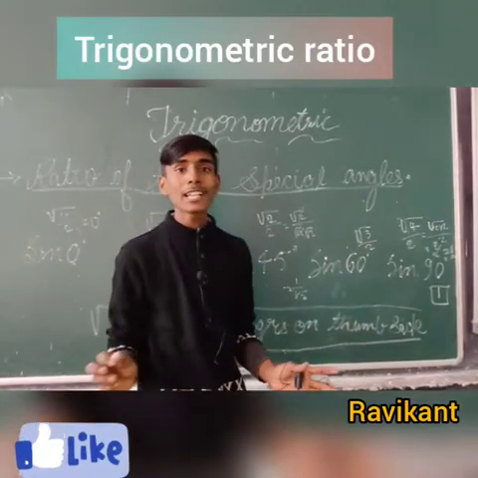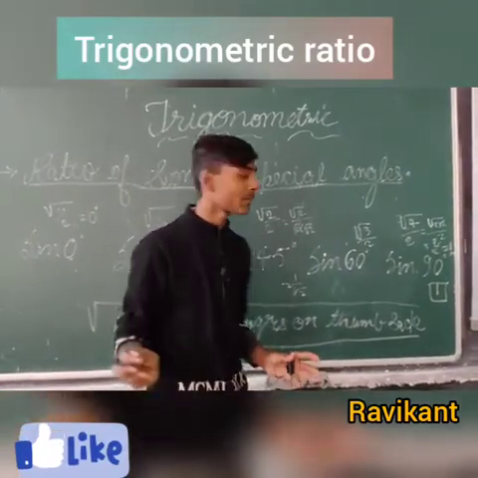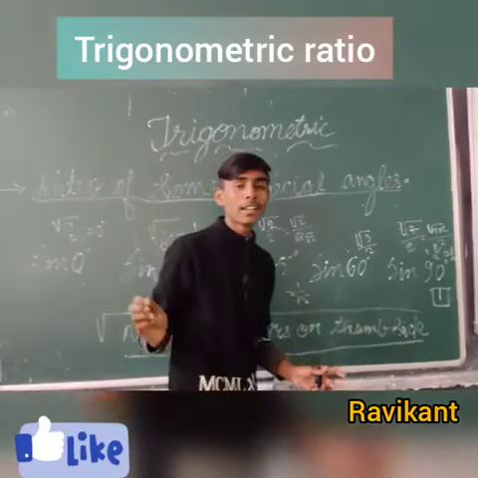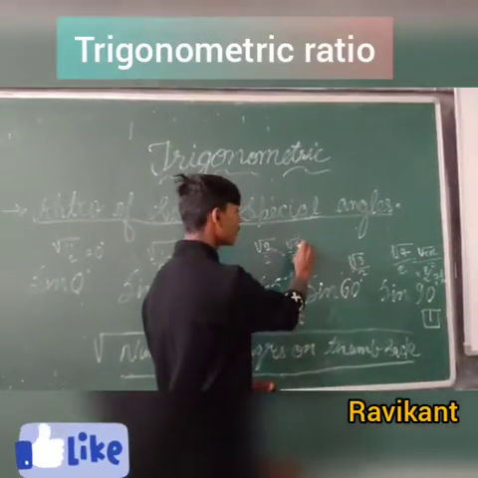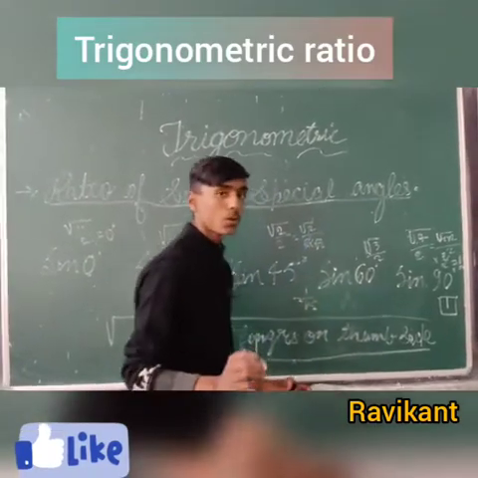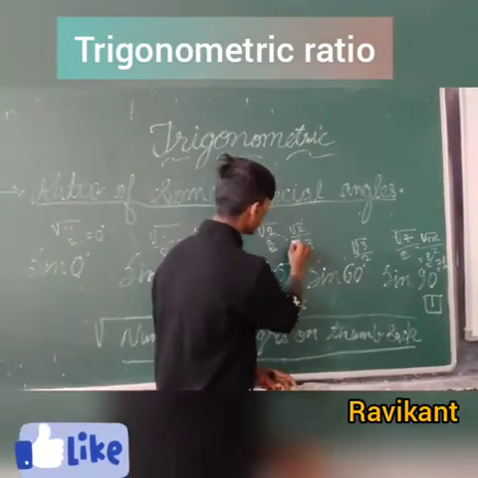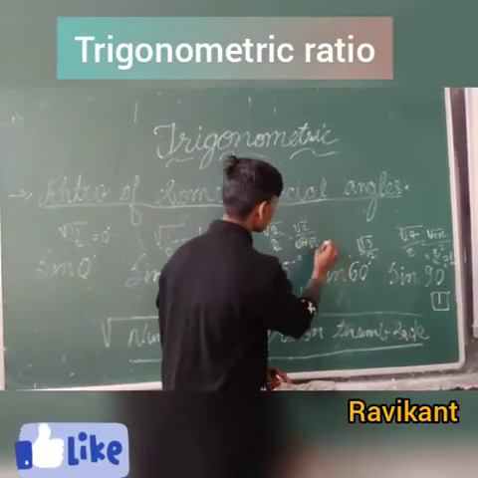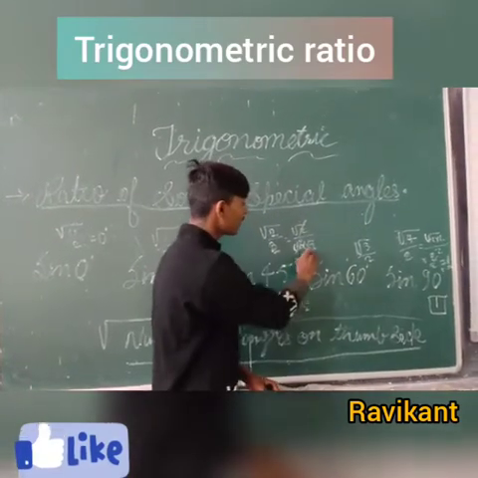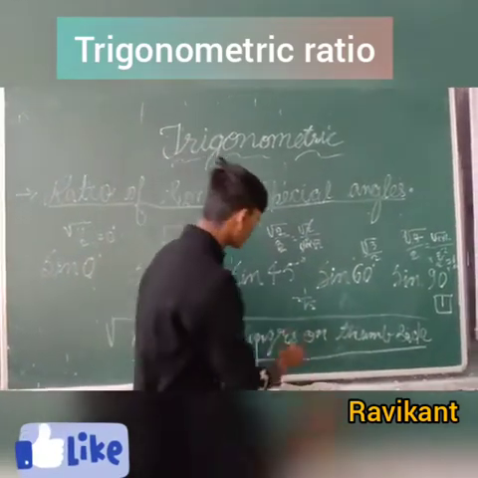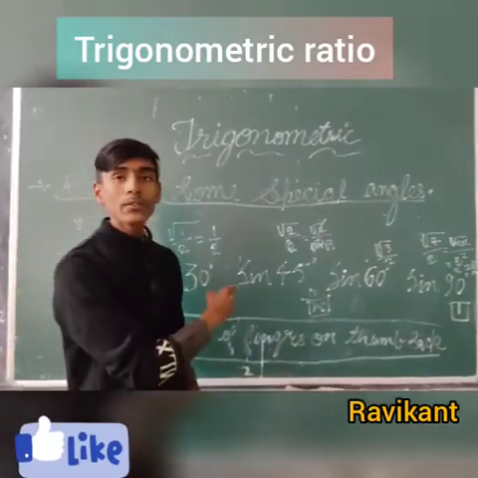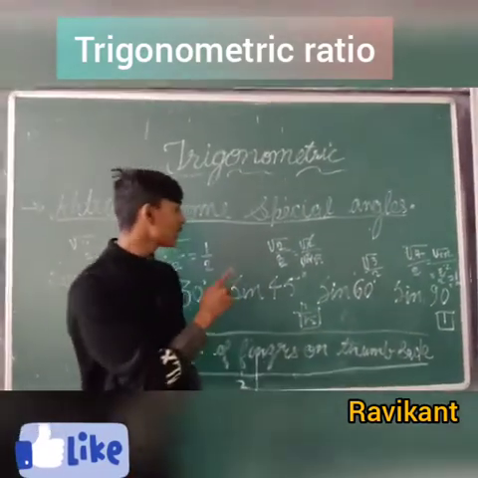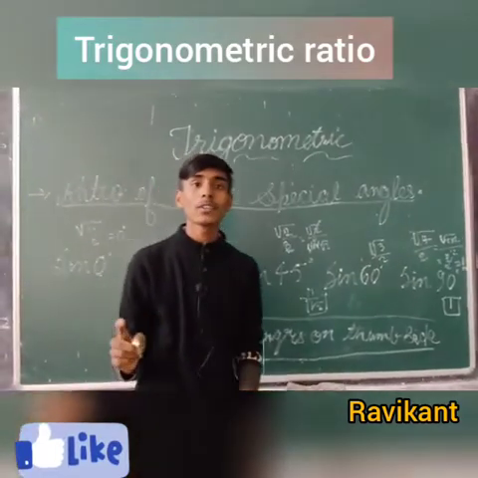If you don't know the expression, no need to worry. Continue the video and just see the trick. Now here 2 fingers are there, so we write under root 2 over 2. We can write this 2 as under root 2 into under root 2, so root 2 cancels with root 2. What will be the value? The value will be 1 by under root 2. So the value of sine 45 degree is 1 by under root 2.